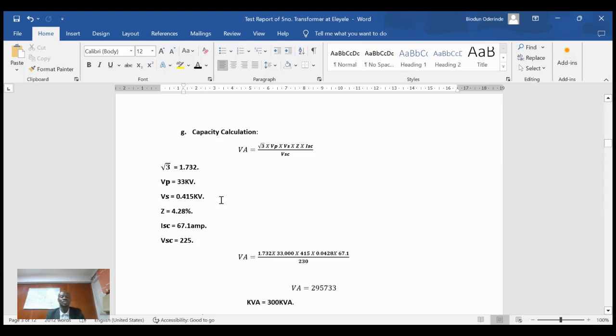But when you are doing calculation, you have to take it to SI unit, and this is impedance. Every transformer has impedance. Impedance is like a resistance to the flow of current. Every transformer will have impedance, and we have impedance in the nameplate. There must be impedance, so we get this impedance from our nameplate. And this is high short circuit. How do we get high short circuit? Is from this